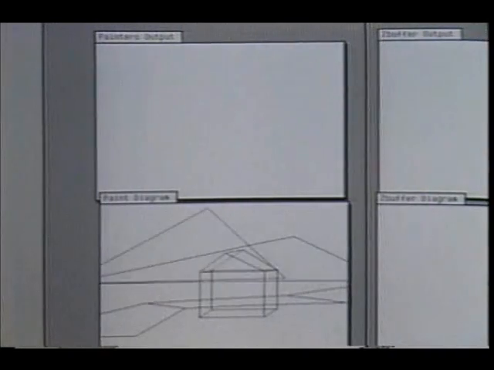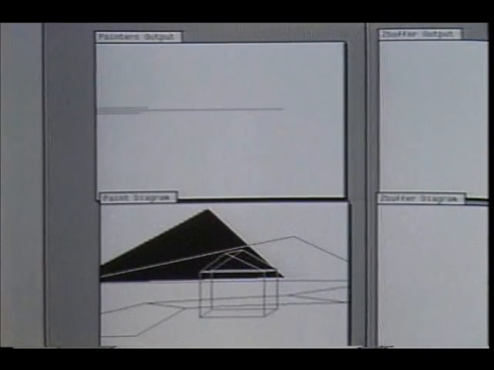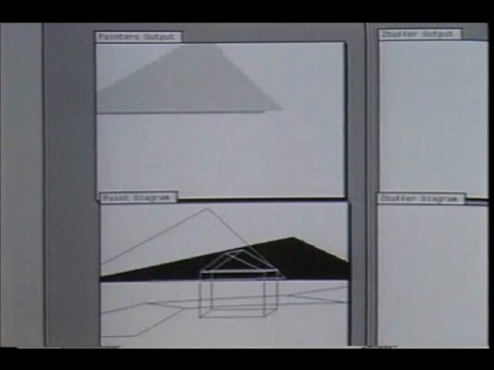The first algorithm is the Newell and Sancha algorithm, often called a painter's algorithm, because each polygon in the scene is painted into the frame buffer in its entirety. The algorithm does much of its work before any polygons are scan converted by sorting the polygons in Z order from back to front. What we see now is the algorithm scan converting each sorted polygon into the frame buffer